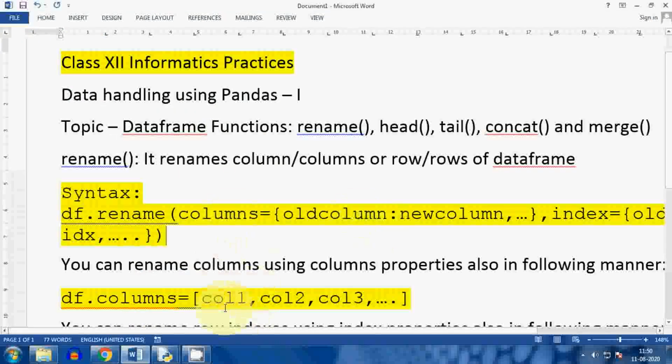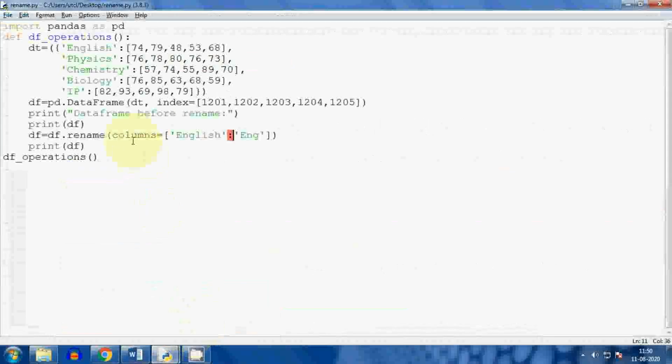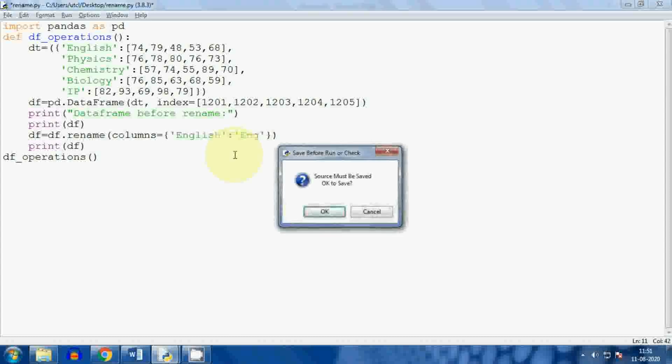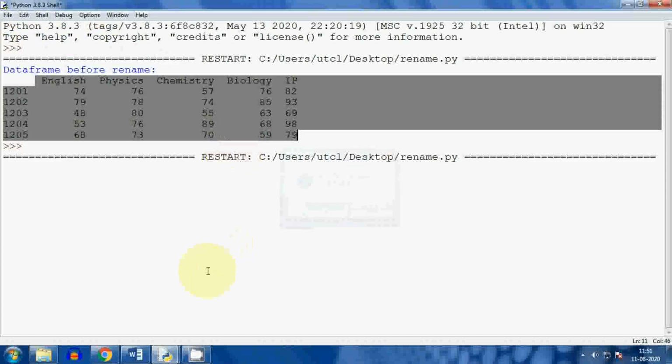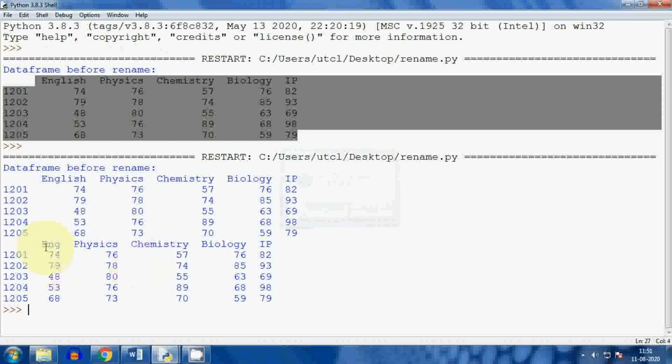Let me check what the problem is. df.rename(columns={'English': 'ENG'}). Yes, this bracket we have to change. I had provided this bracket by mistake, so we have to provide this bracket. Now you can see the first column is renamed.